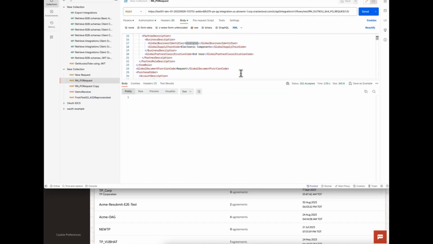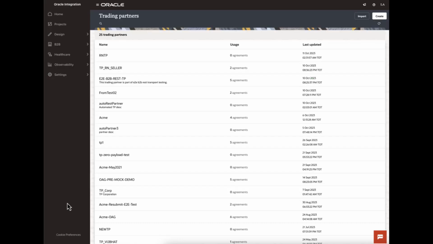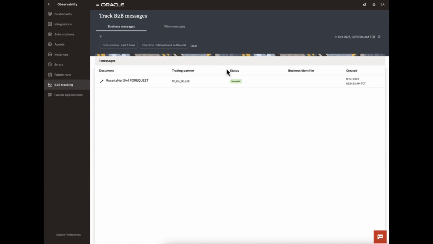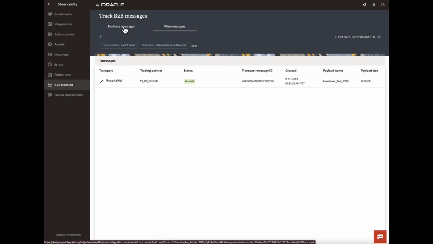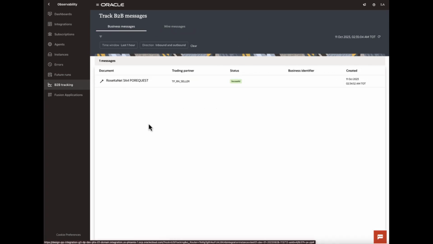So now I'm going to trigger a payload from Postman, which is actually creating a document to be sent from the buyer instance here to my seller trading partner. So now let's step into the B2B tracking. Since I'm sending an outbound PO request,